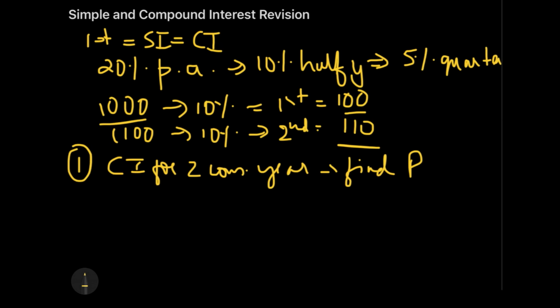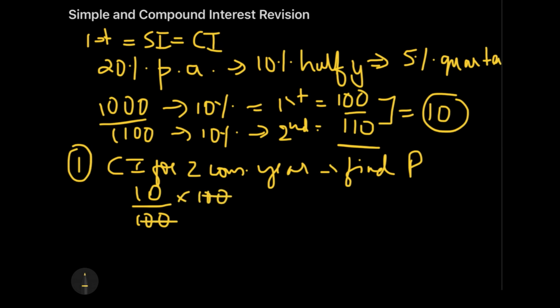So in such a case, what are we supposed to do? We are going to find out the difference between the CI. In this case, for example, it's 10. After finding the difference between the CI for the 2 years, we are going to take the lower CI, meaning the lower year's CI, as the base, and see what percentage this difference is with respect to the lower year's CI given to you. Now, why will this be done? Because this will help us find out the value of the rate of interest.